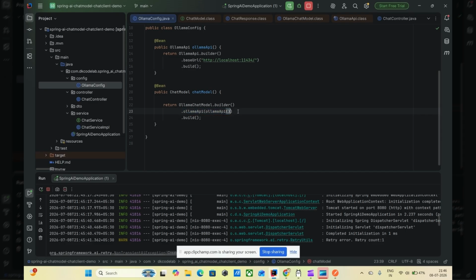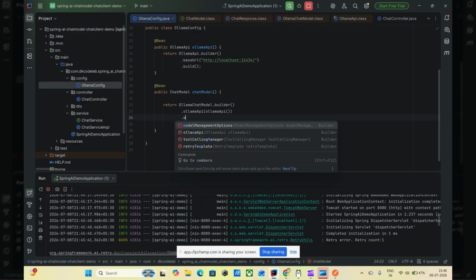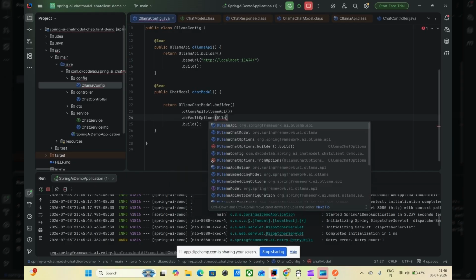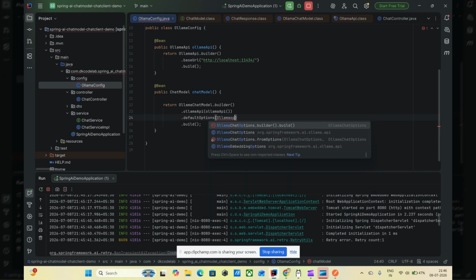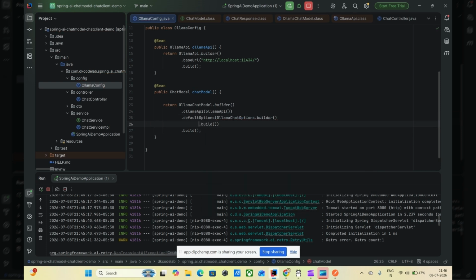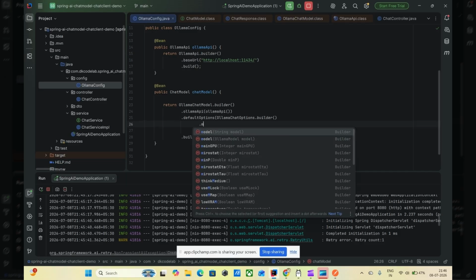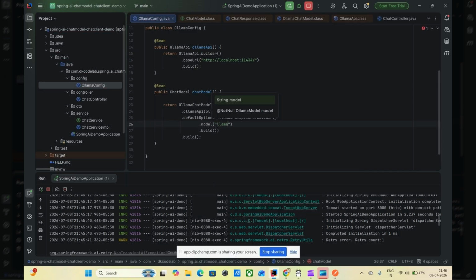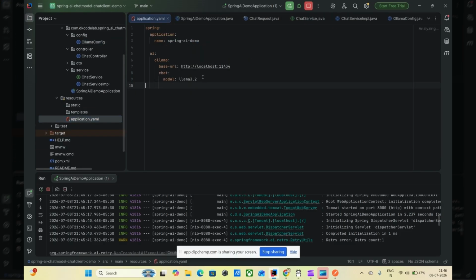We have to pass the default options for Ollama, ChatOptions.builder. Here we have to provide the model as Llama 3.0. Because of this only it's giving an error. Previously we were using the property based